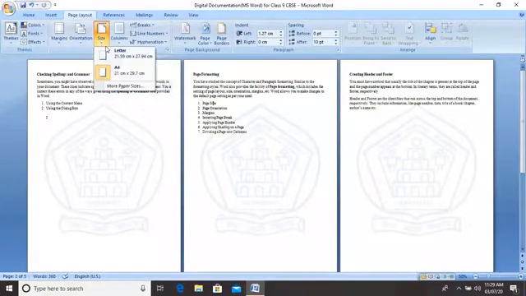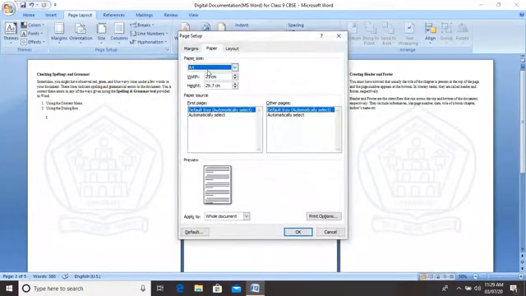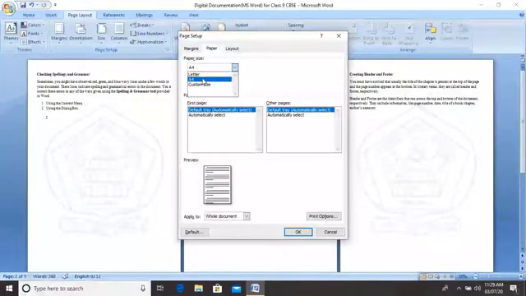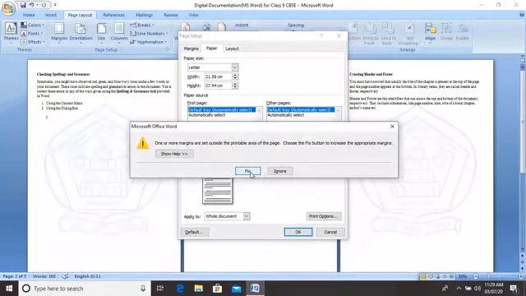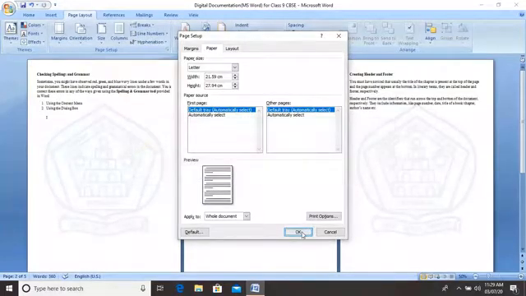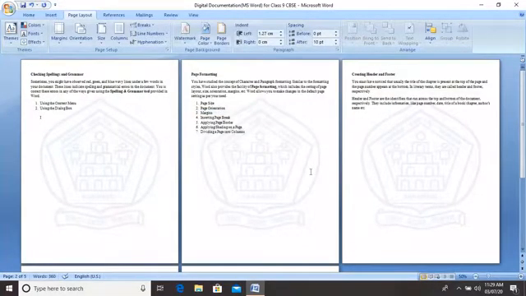You can see some default paper size names here, otherwise you can use More Paper Sizes for extra paper size names. Here we have a few, but on your computer you can see more. You can choose any of the paper sizes according to your comfort, according to your printing material, and click on OK. The paper size will change. See. Okay.